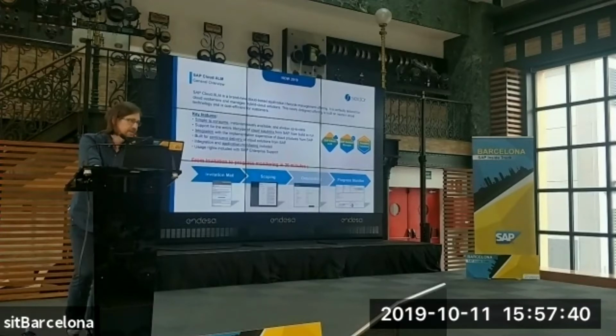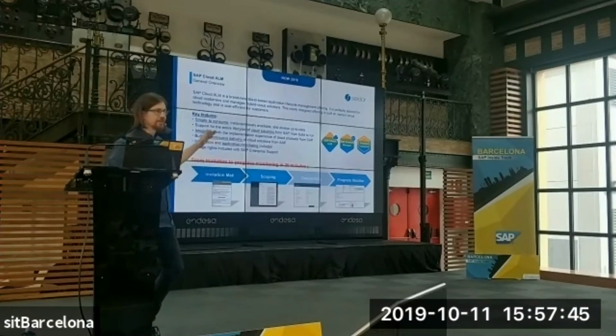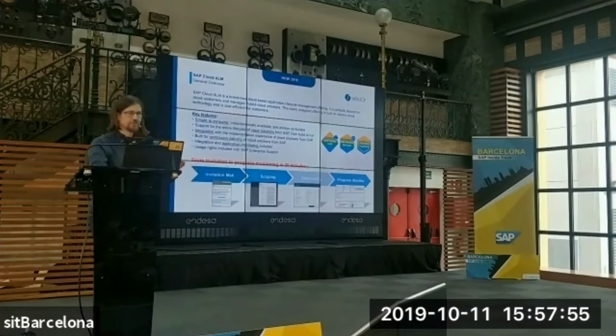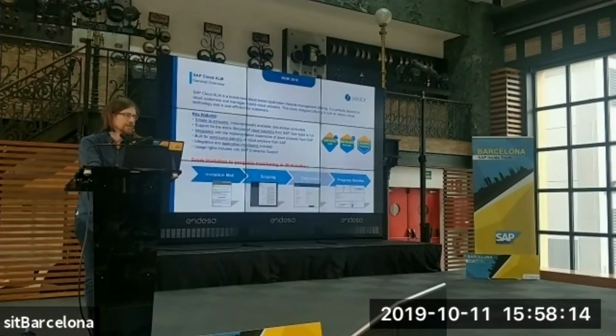The key features are what you can read here. I don't have the intention to read all the features in the slide; you can read them later. It's an easy tool, and you don't need to make any setup. You don't need to contact any basis team for implementation. For that kind of project, we don't need any basis department to prepare the hardware infrastructure and the SAP system landscape. It's already ready for use in less than 20 minutes.